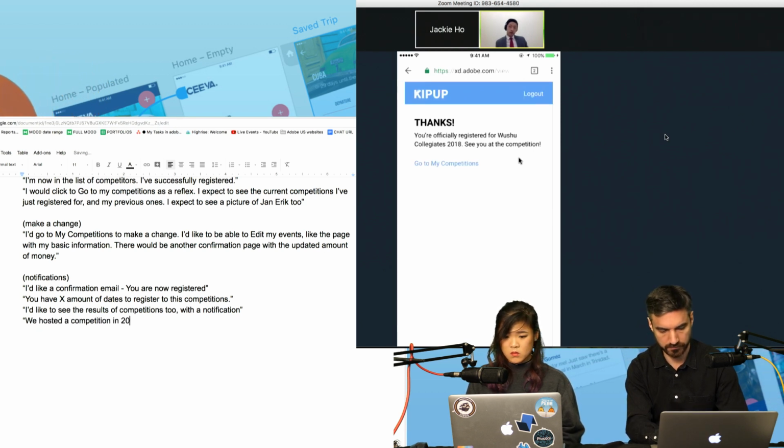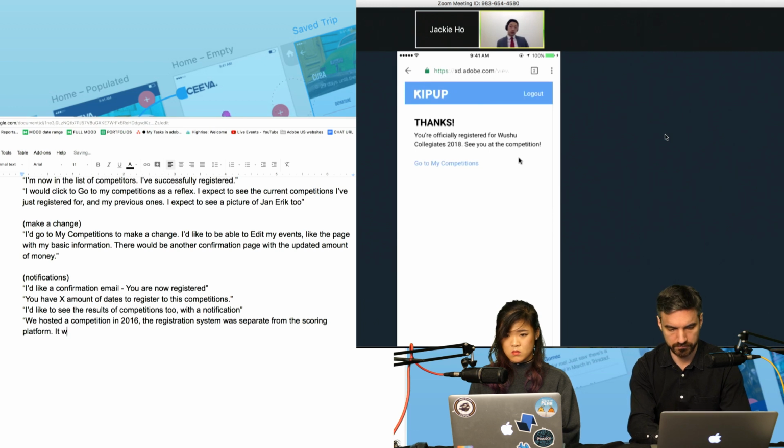And it would probably be in emails. A few people did it on the day of, and I think that's pretty inconvenient. I think the inconvenience is that the registration system was separate from whatever the scoring platform is, so that we'd have to go into the scoring platform and manually take out people. And I think that's interesting because it kind of screws up the order that people expect to be in, and also the MCs when calling names.